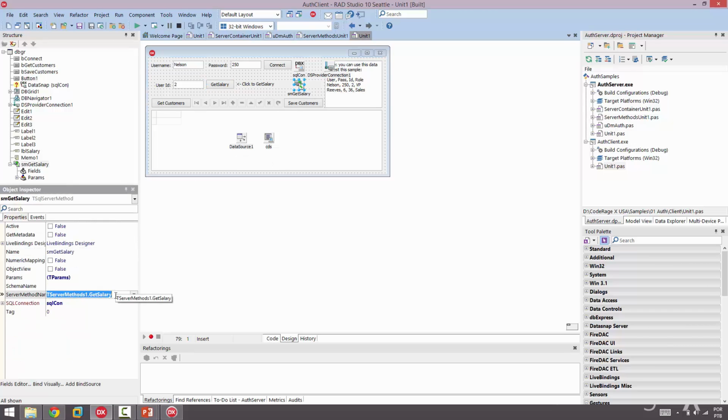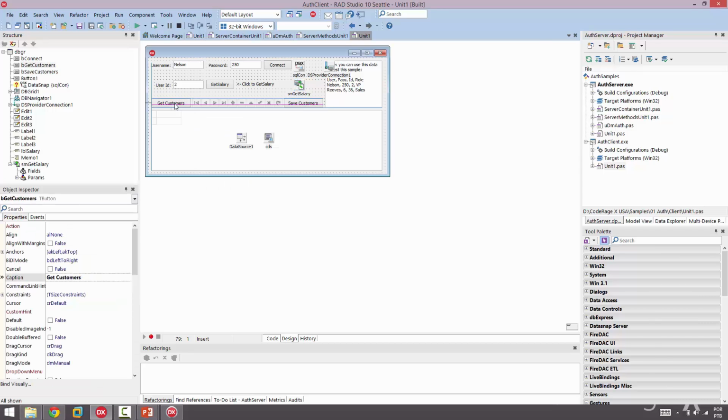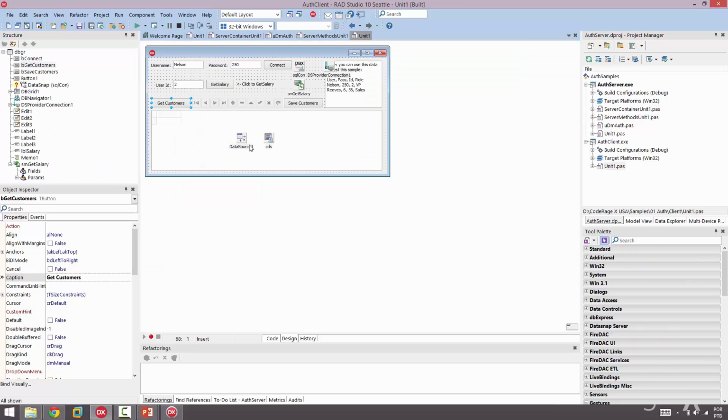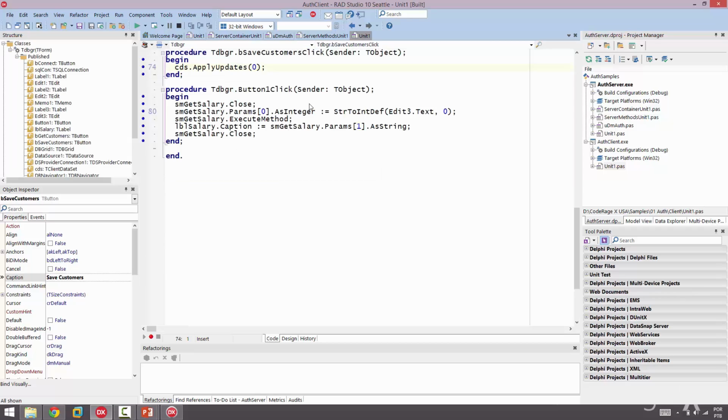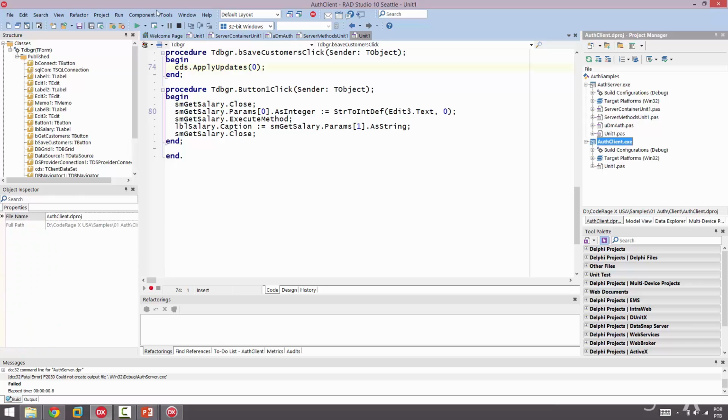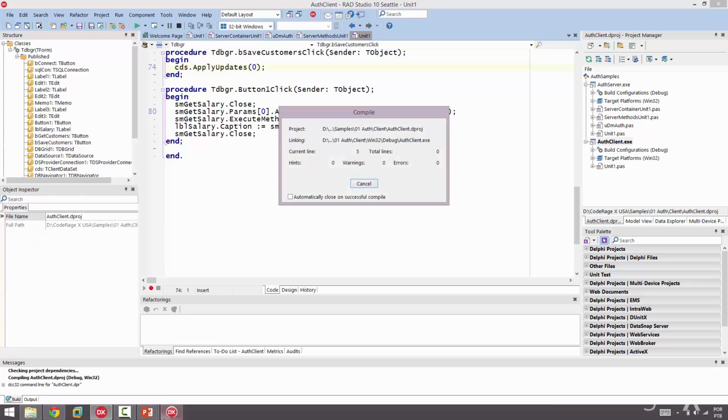Here is the method we're gonna call. Also, we can get the customers, opening the client data set and try to apply those updates, that will be allowed only to admin users. Let's run the client now